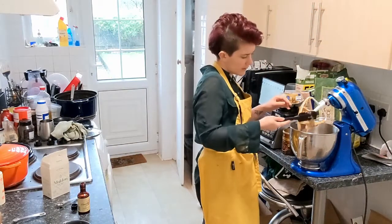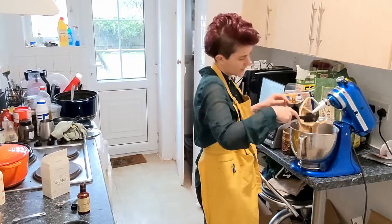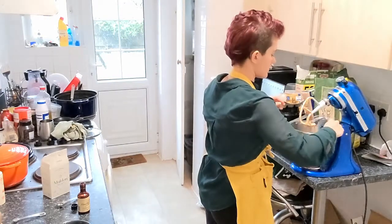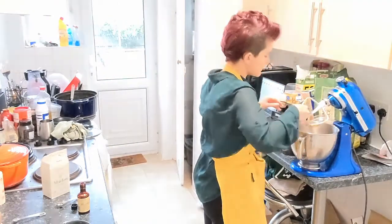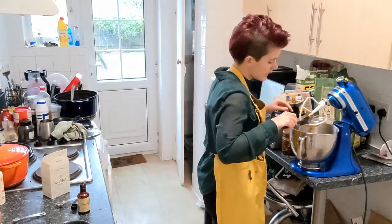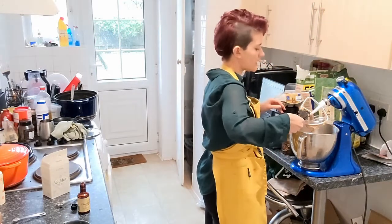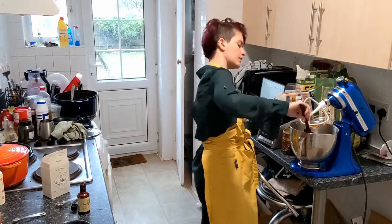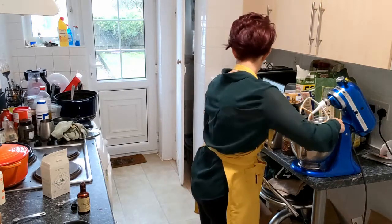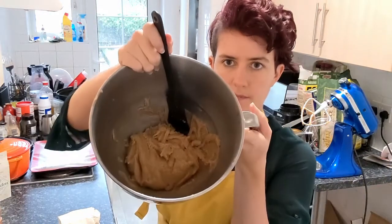You can see it's very wet, very doughy. Much more so than it was last time. Well, I guess it's pretty similar to just after we added the egg. So the egg is what really makes the difference in terms of liquid here. It's what really pushes it from that really crumbly dough to something you can really make some kind of biscuit out of. So, as you see, sticky